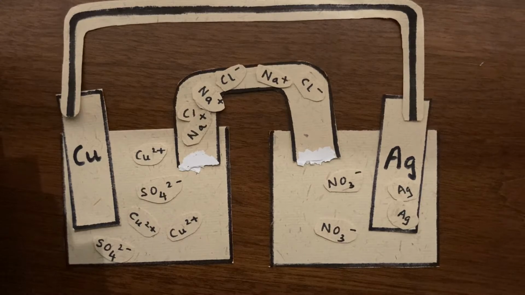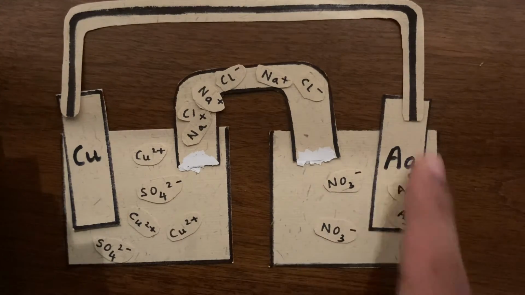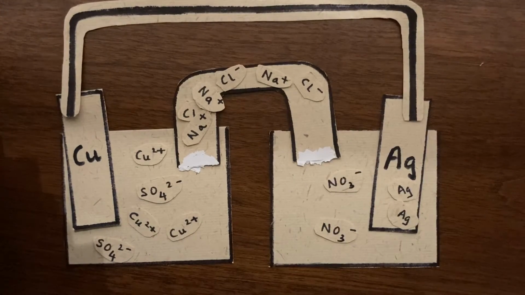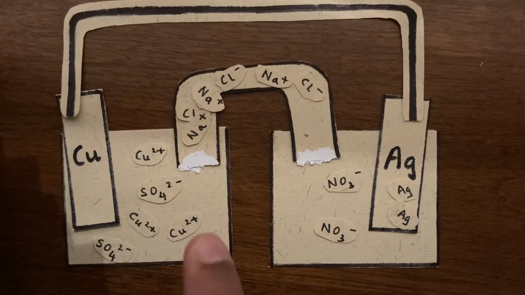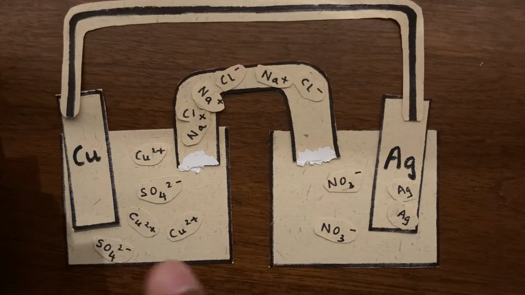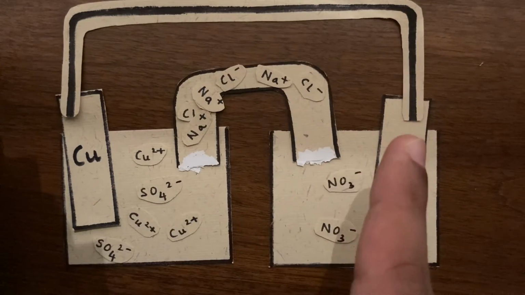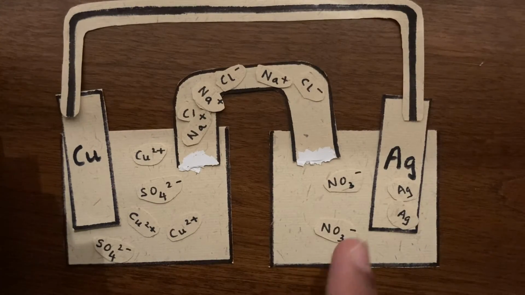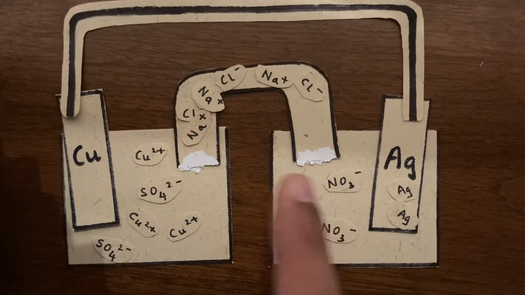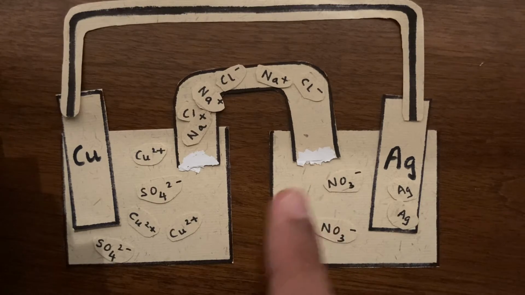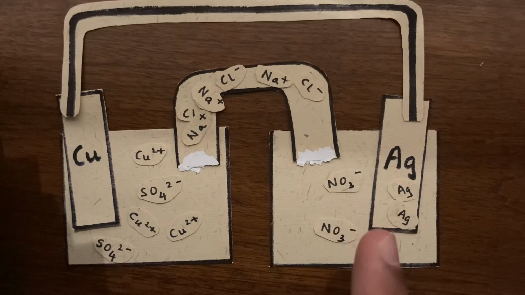Each silver ion accepts 1 electron to form a neutral silver atom, and thus they form silver atoms that attach themselves to this block of silver metal. And so we can see that the copper atoms will lose their mass, forming ions which will release into solution, and then an extremely small part of their mass will form electrons which are going across this connecting rod into the silver. And the ions from the silver nitrate solution will be forming silver atoms and becoming a part of